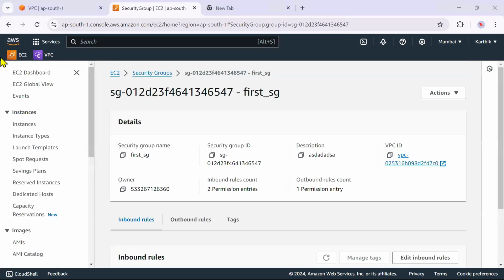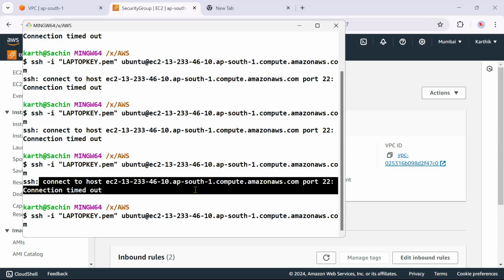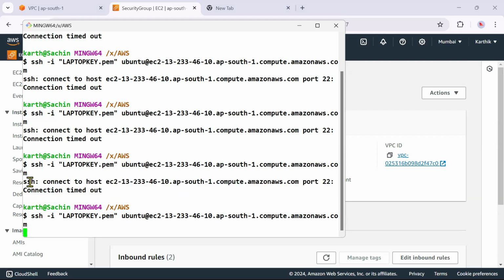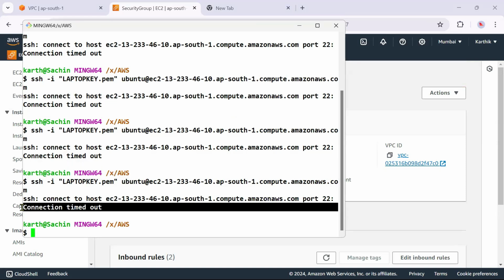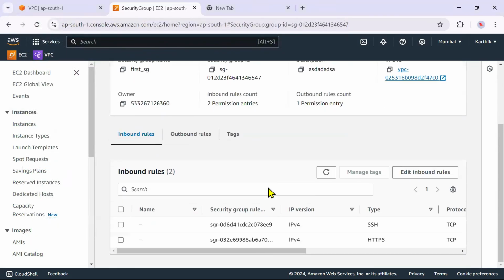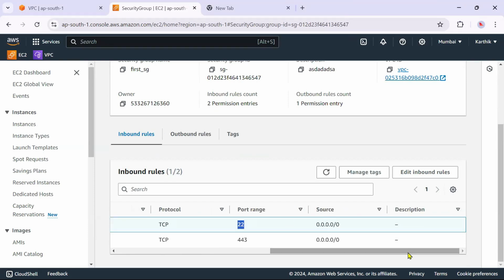See, it is telling me the error: connect to host port 22, connection timeout. That means it is telling me port 22 is not allowed here. SSH port number is 22, but I am allowing this port here. It is already allowed. Why is it not working?